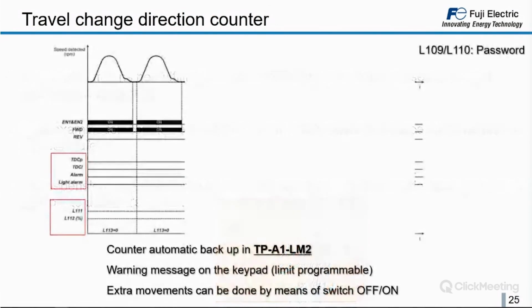How is this function working? First we have passwords, as this is a safety function, another function certified by the notification body that we have in LM2. First, we need to set a password, so only the right technicians will be able to start this function and modify it if needed. This password needs to be introduced in the inverter every time we need to make a change. Like this, the function stays blocked and can only be used by the appropriate technicians.